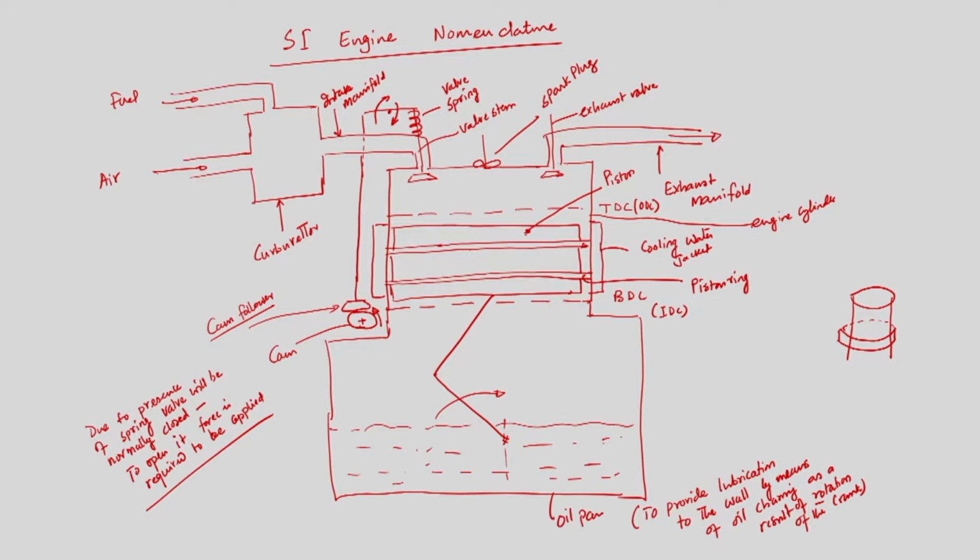Now we will discuss the 4-stroke and 2-stroke engines. What are the different strokes in each? Let us first discuss the 4-stroke engine, very important. As I said, in a 4-stroke engine there are 2 revolutions of the crank per 1 cycle. In 1 revolution it rotates 360 degrees, so there will be 2 revolutions per 1 cycle, and the piston will move from BDC to TDC, TDC to BDC.